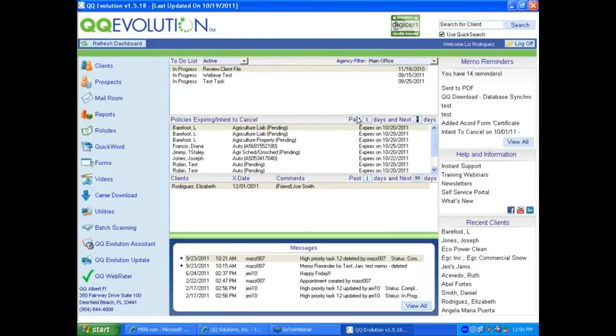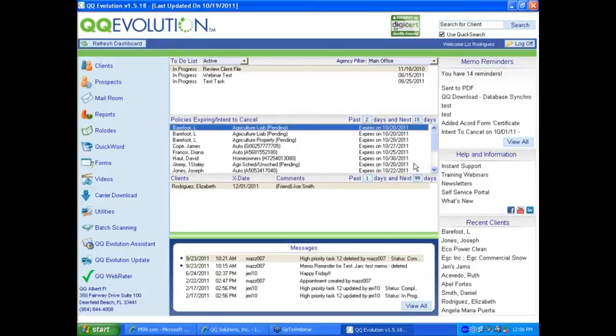that I have in store all the way to the next 99 days, I can simply change those dates, and here now I'll have anything up to the next 99 days. So I can change these date parameters as many times as I'd like. So if I want to see for the past 2 days to the next 15, I can also do that,